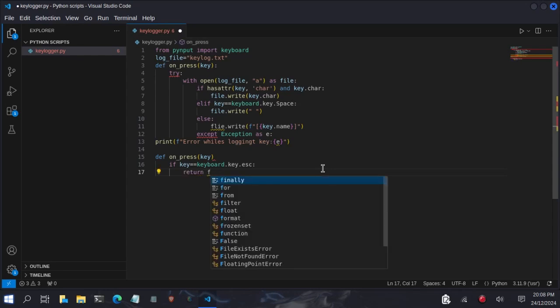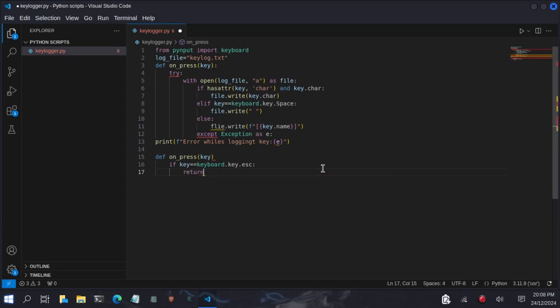Return false. Whenever the escape key is being pressed, I want the keylogger to stop working. Now we can start our keylogger or listener with this last line of code, with keyboard